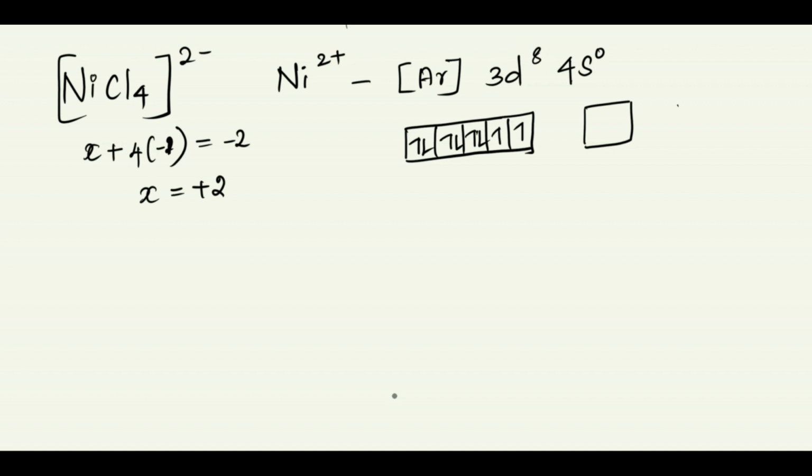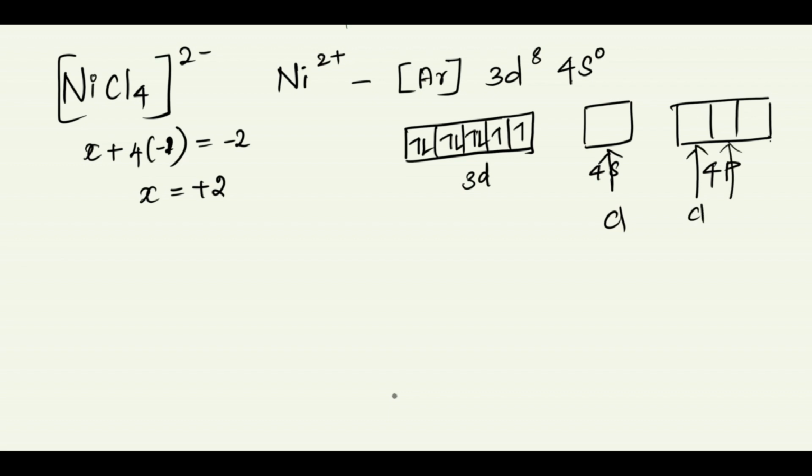Okay, I just filled those electrons. This is our 3d, 4s and 4p. Now we have 4 chlorine atoms approaching nickel. Each of those atoms will give 2 electrons to nickel to form the coordinate bond, right? So in that case, each of those Cl will come and attack the s and p orbitals. So the hybridization becomes sp3,